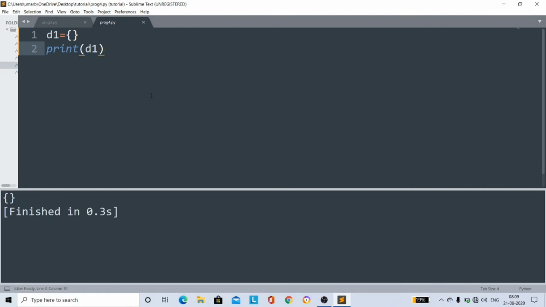To create an empty set, we have to use the method called set method. Set. And now if I print this, it will be an empty set. If I give it like this, it will become a dictionary. This is an empty dictionary. Okay.